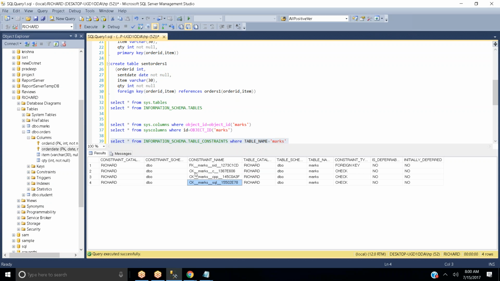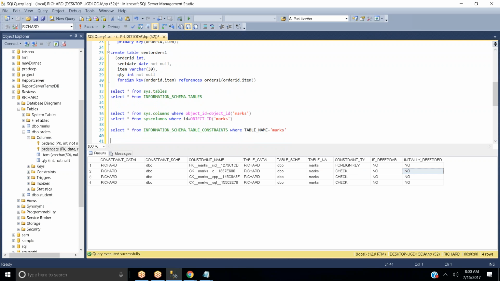That's the reason you can see CK underscore, and for foreign key you can see FK underscore. This is nothing but your constraint name, and you can also see the constraint type, whether it is a foreign key constraint or check constraint. So through this you can identify what constraints are available.